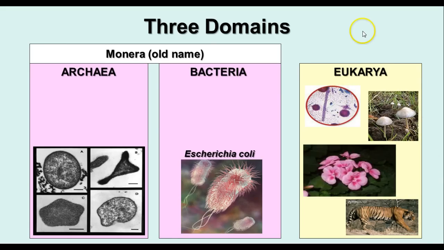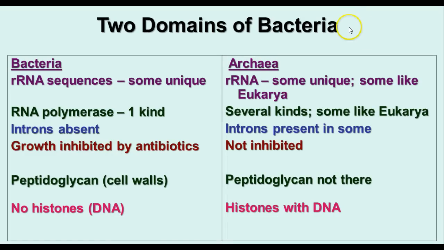So let's talk about the bacteria. There are two domains of bacteria because they differ in very fundamental ways. This wasn't known for a long time, but there are definitely some different kinds of bacteria. The common everyday bacteria that we know about are called bacteria. That's domain Bacteria. The kingdom is Eubacteria, and they have certain characteristics. In ribosomal RNA, they have some unique sequences that are unique to the domain Bacteria.